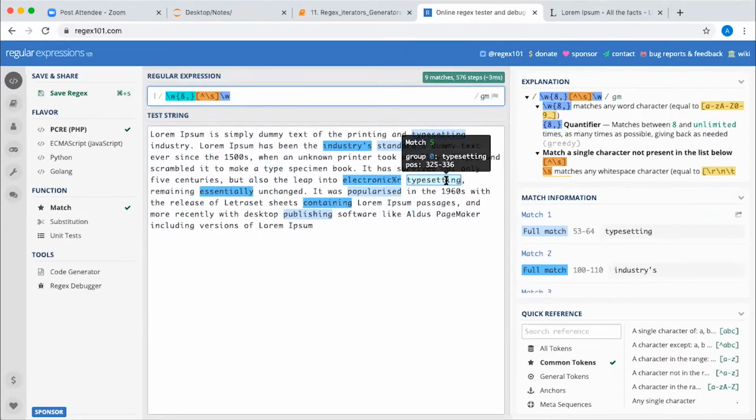I want to remove typesetting, popularized, and all these things. Yeah, Abhishek, I think this is good. That's all we wanted, right? All the words, and if there is some special character, that should be included as well. Yes, that is included, but we can remove typesetting, essentially, containing and publishing.